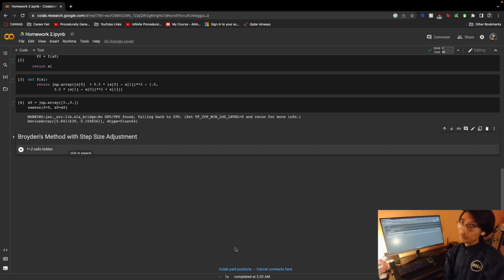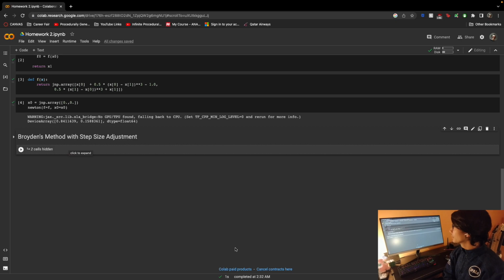The main problem with Newton's method is that we need to calculate the inverse of a matrix iteratively, which means we might have to calculate like 50 different inversions of a function. And as our matrix gets bigger, the number of iterations also gets bigger, and the computational resources required get exponentially larger with that. So in order to avoid having to calculate the inverses iteratively, what we end up using is